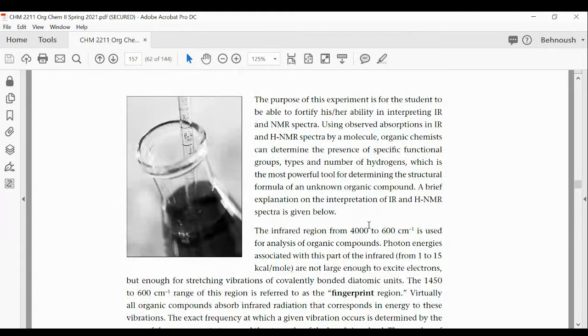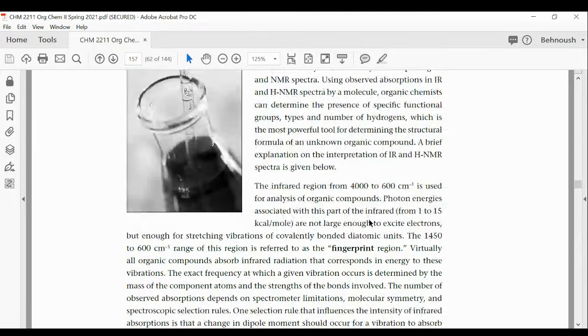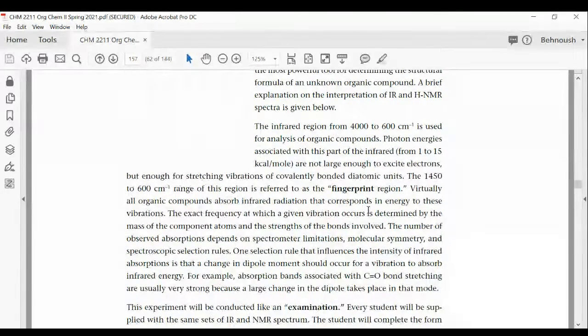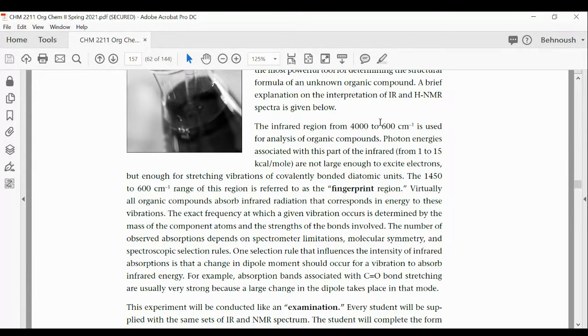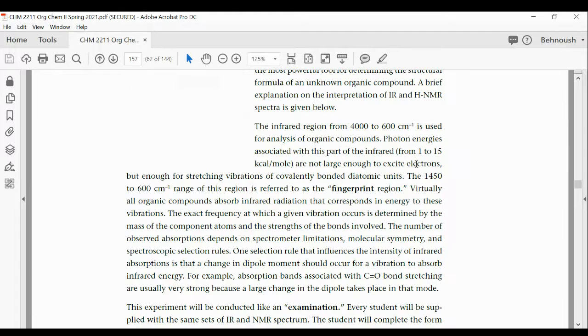IR can be used to identify functional groups. We can use IR to determine if the compound is pure or not, based on the location of the peaks that are specific to reactants and product. And we are looking for a point of difference between the IR of the reactant and the IR of the product. The infrared region is 4,000 to 600, or to make it simple, I usually say 400 to 4,000